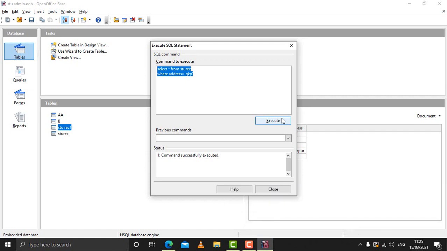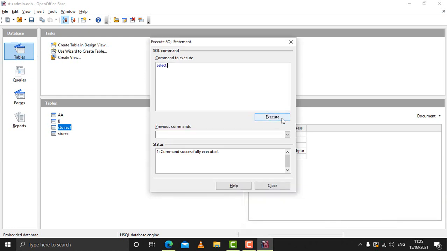This is how we can display the records, and if you want to display only particular columns, you can do that also. For that you give the select command itself again. The format will be the same. You write select, space, and then write down the fields which you want.